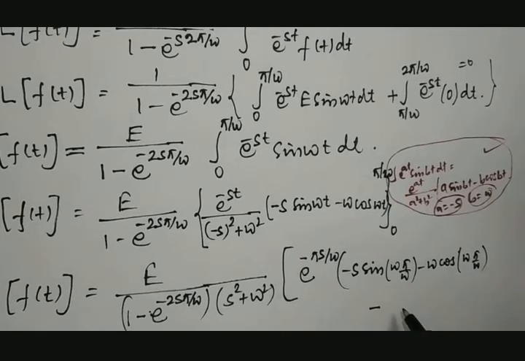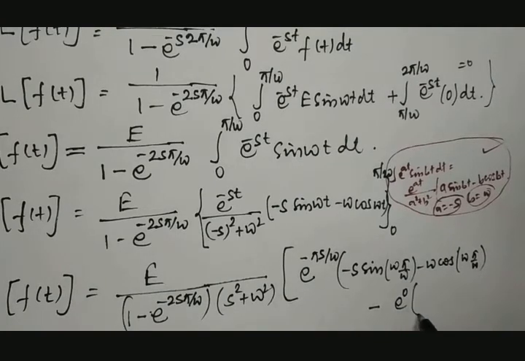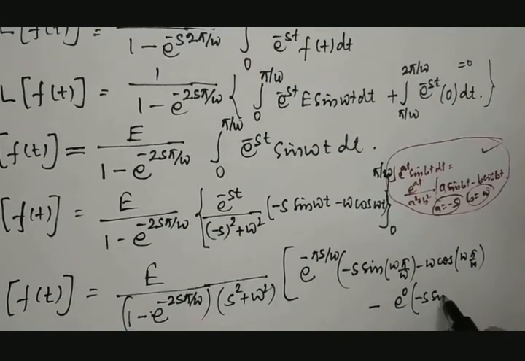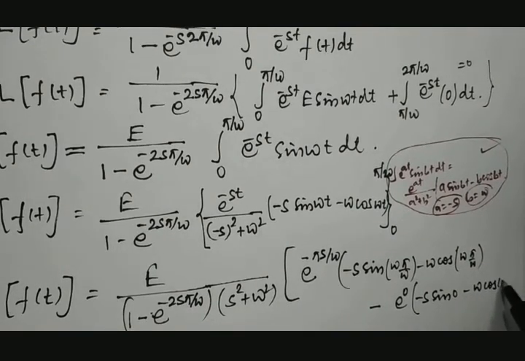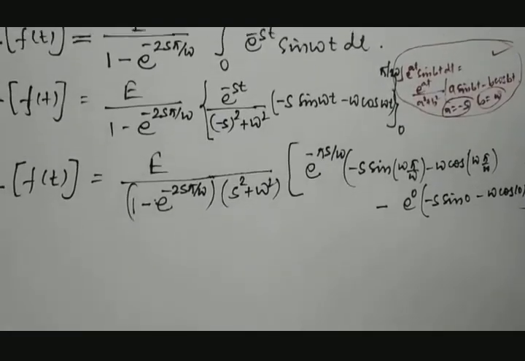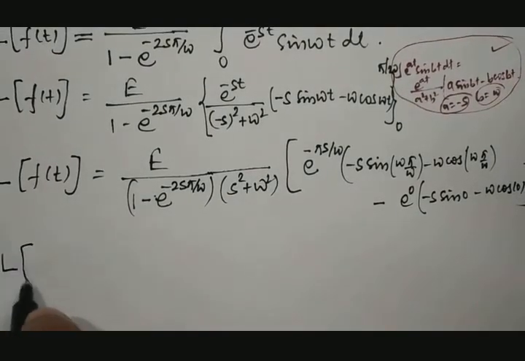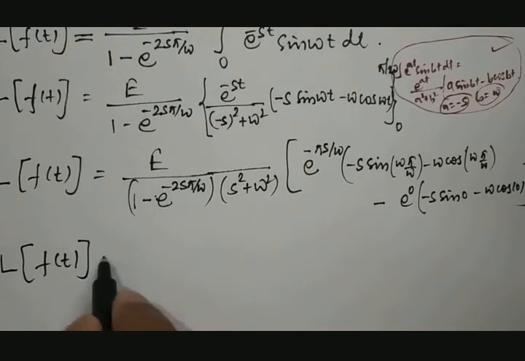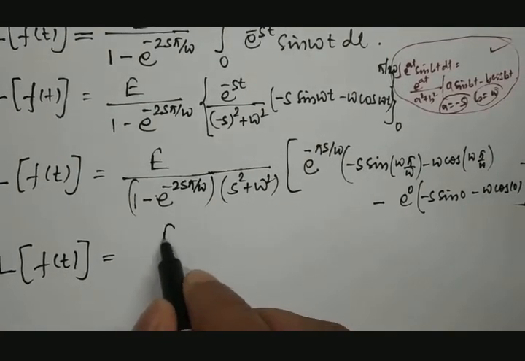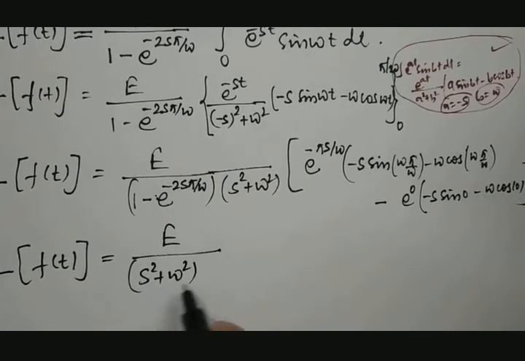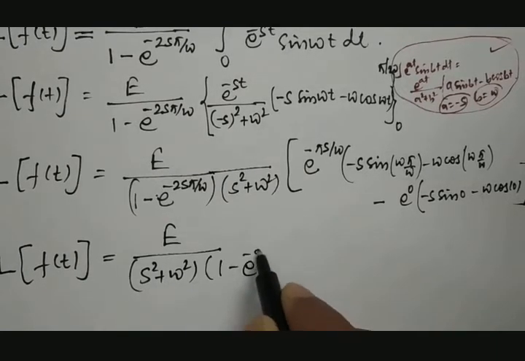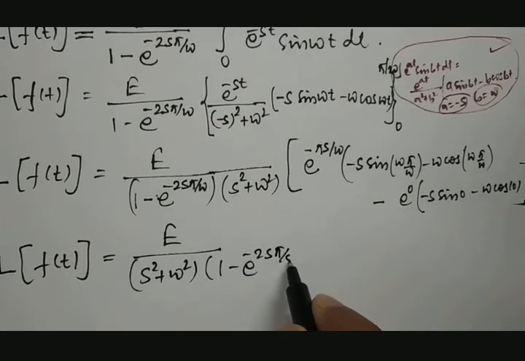Minus lower limit, when we substitute, it becomes e raised to 0 into minus s sine 0 minus omega into cos 0. Fine. Therefore, Laplace transformation of f of t is equal to e divided by s square plus omega square into 1 minus e raised to minus 2s pi by omega